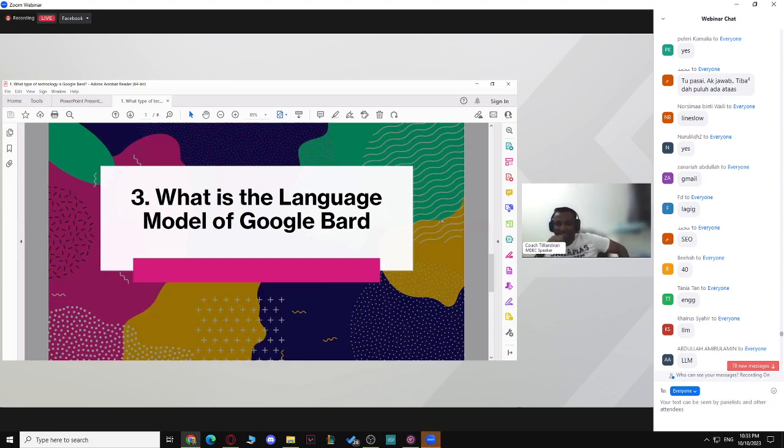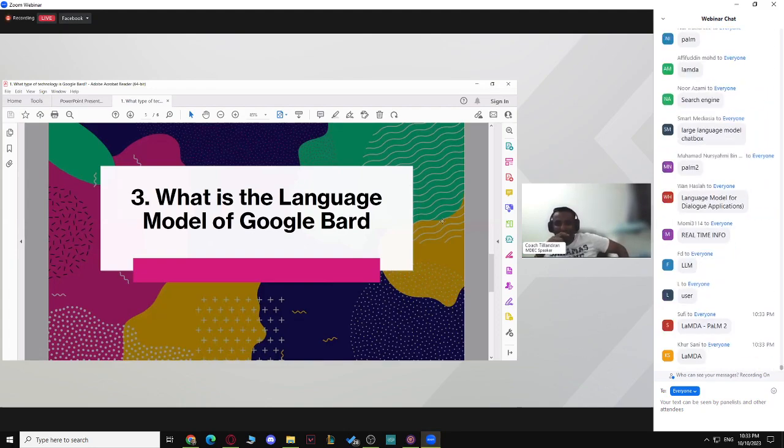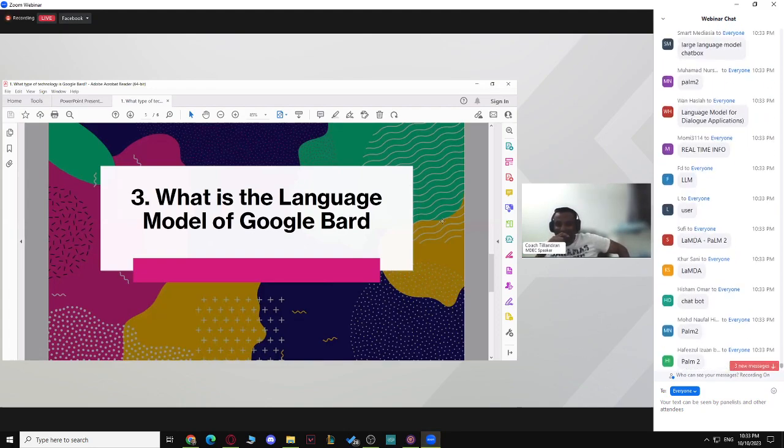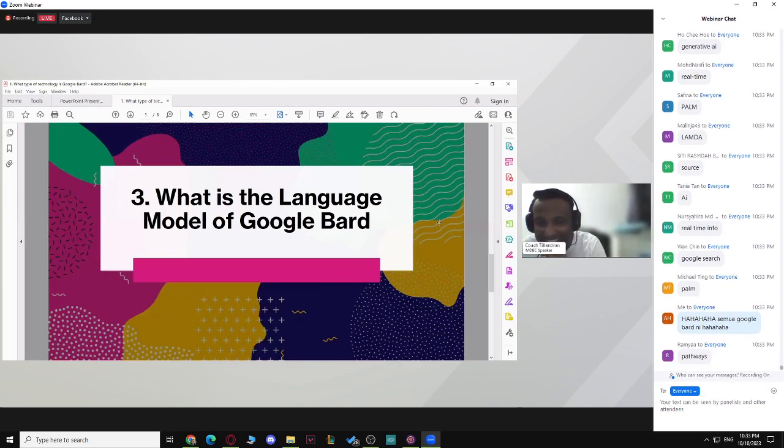Language model, guys. Read the question properly. What is the language model of Google Bot? LLM is not wrong, but LLM was the answer for the first question. Okay, I just got some answers. Please put in your answers. This is a slightly tough question.